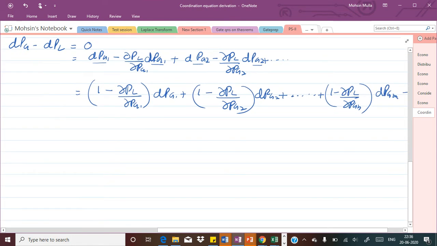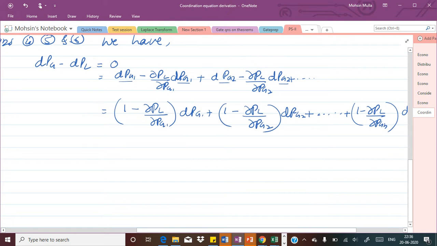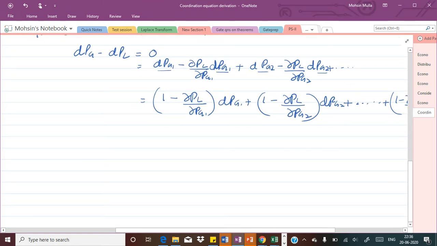Okay, or also we can now take that dPg1 as a common term from all the expressions and take it to the left hand side. So by using that we can write here this sum equals 0. So now let me just write it completely. So what I'll do, I'll take this first term to the left hand side, so here dPg1 will come, 1 minus ∂PL divided by ∂Pg1. Okay, so this is what we are going to get here in the first term.